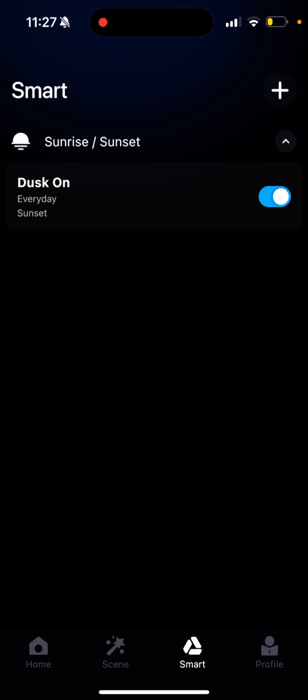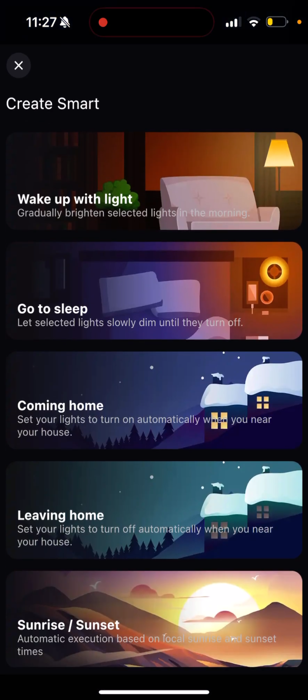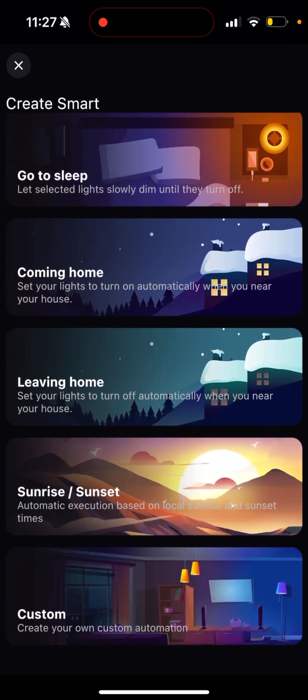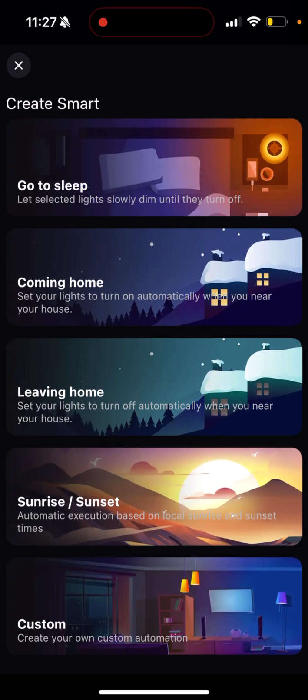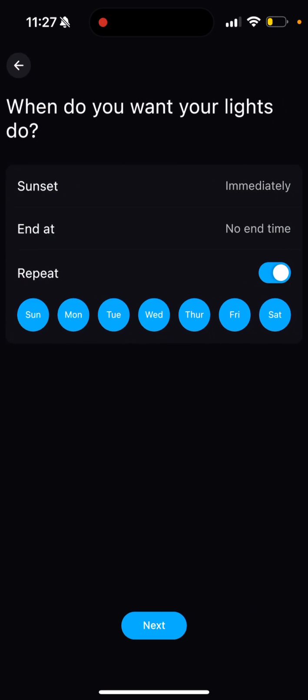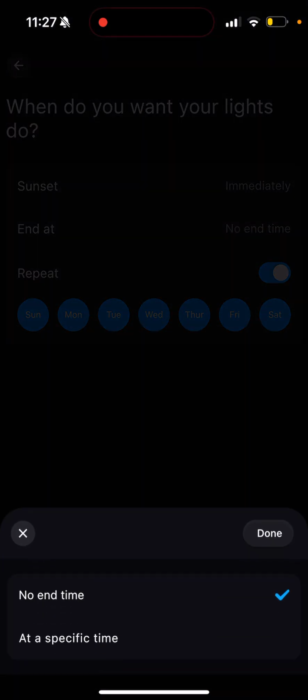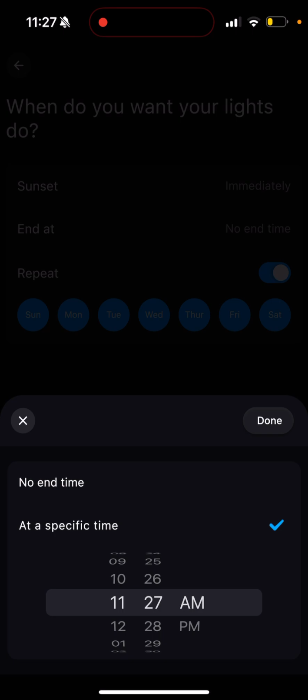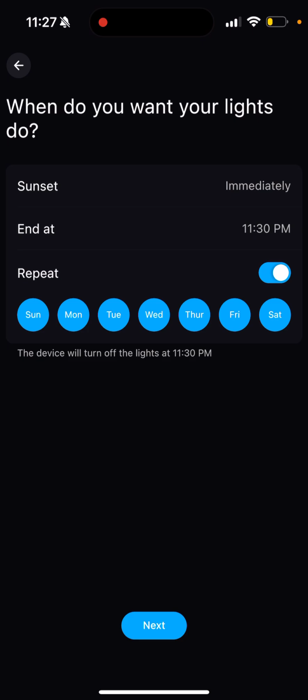So how I create this is you click the plus icon at the top. You go to sunrise and sunset, okay? You click sunset because we want it to turn on at sunset. Ends. So it's turning on at sunset immediately, end at, so whatever time you want the lights to turn off, let's just say it's 11:30 p.m. We can confirm that. They're going to turn off every day at 11:30 at night,